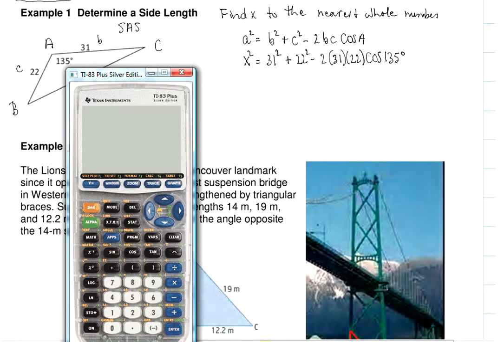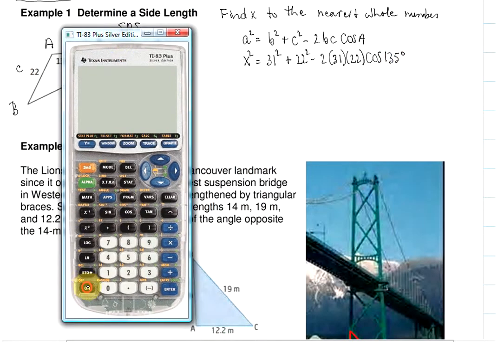And so I'm going to plug all of that into my calculator. So I'm going to go 31 squared plus 22 squared minus 2 times 31 times 22 times cos of 135